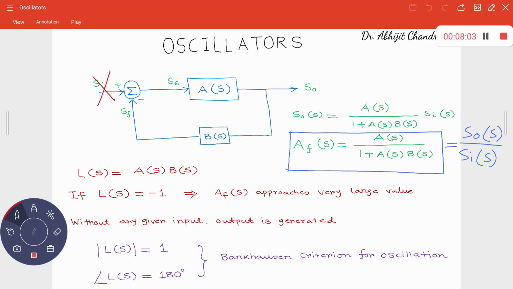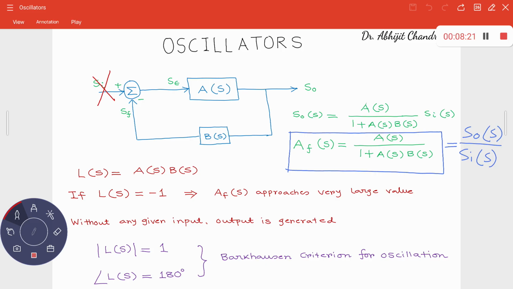Only for those frequencies at which this product A(S)B(S), or this L(S), is equal to -1 can you have that condition. You'll be having some non-zero S_O(S) at those frequencies, and this condition is known as the Barkhausen condition